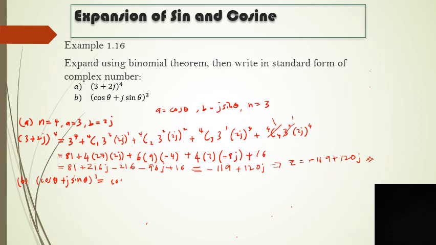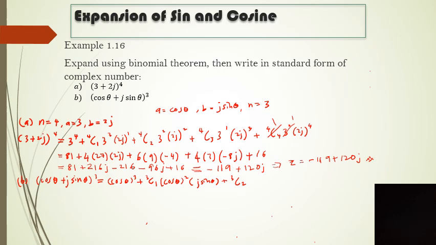So cos^3 theta plus 3C1 cos theta squared times j sin theta to the power 1, plus 3C2,